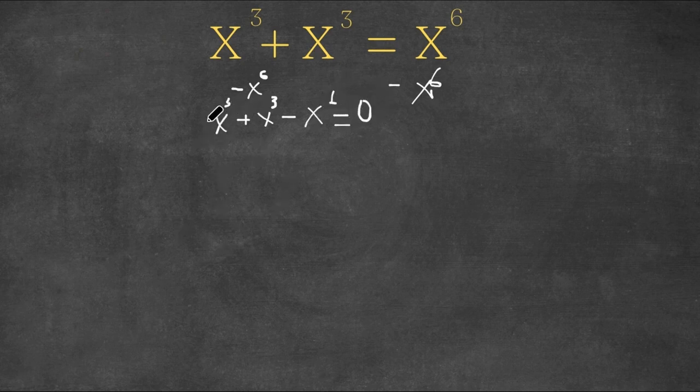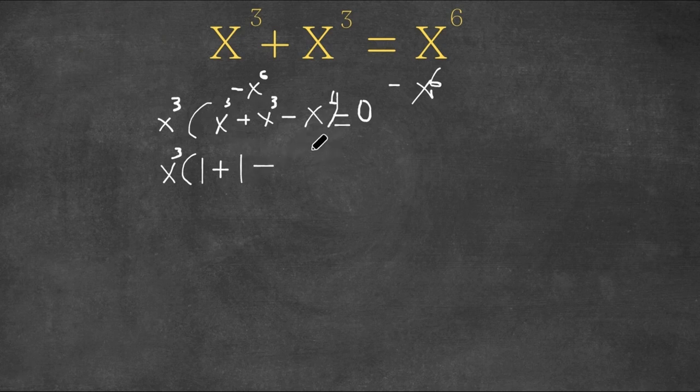All right, so now we're going to factor out x to the power of 3 from this expression. If we factor out x to the power of 3, we get x to the power of 3 times, well, x to the power of 3 divided by x to the power of 3 is simply 1, plus x to the power of 3 divided by x to the power of 3 again is 1,